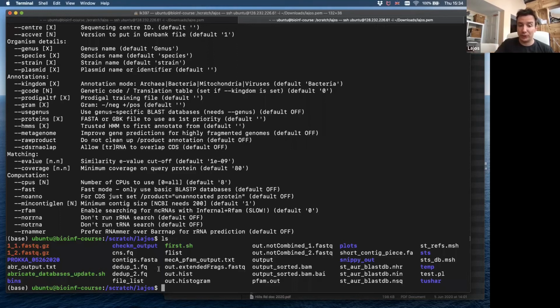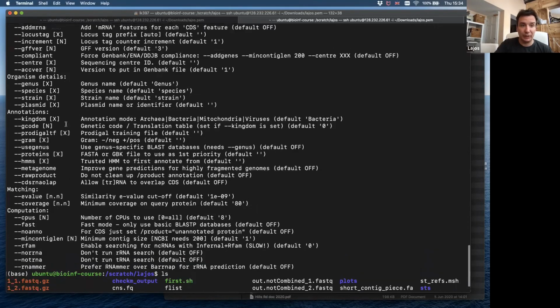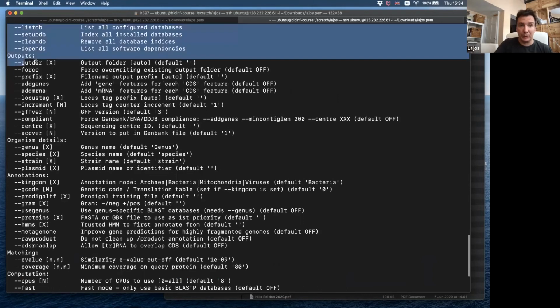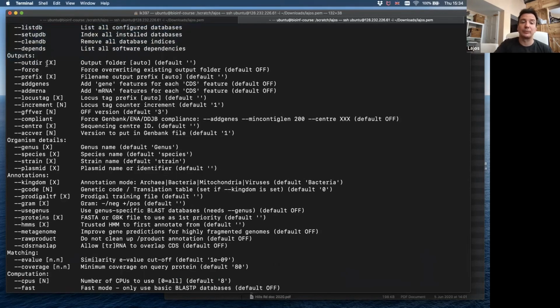So if you want to do this in Prokka, then you have to use the -out option, and you have to